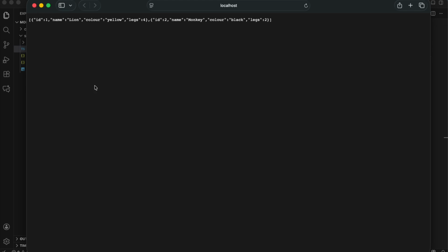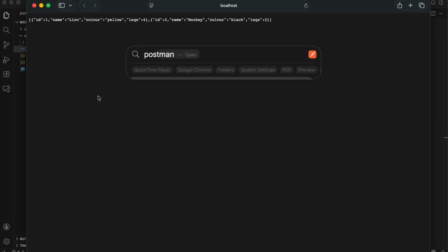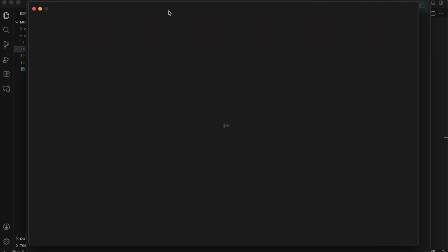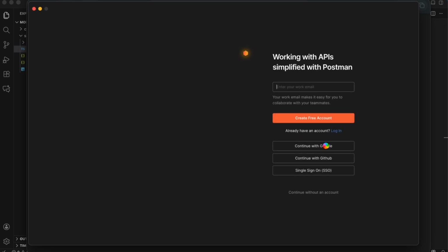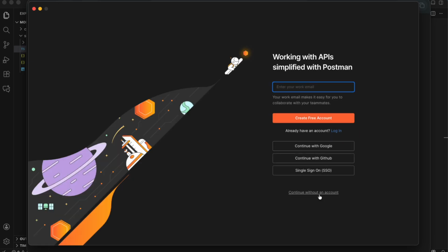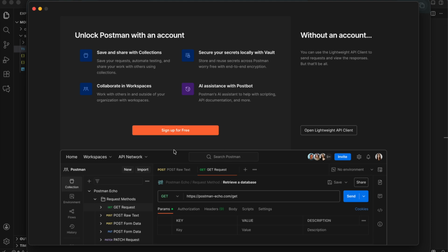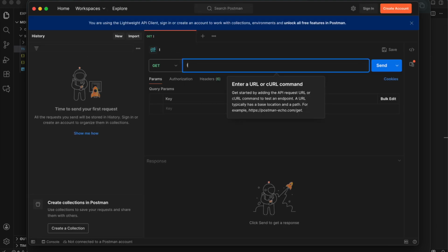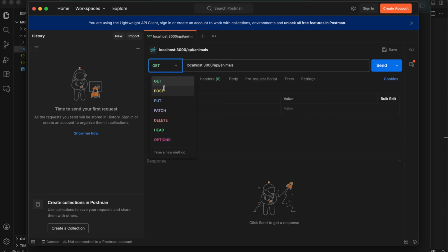For that we will use Postman. Let's open Postman. Continue without an account for now. Localhost:3000/api/animals. We want to send a post request,